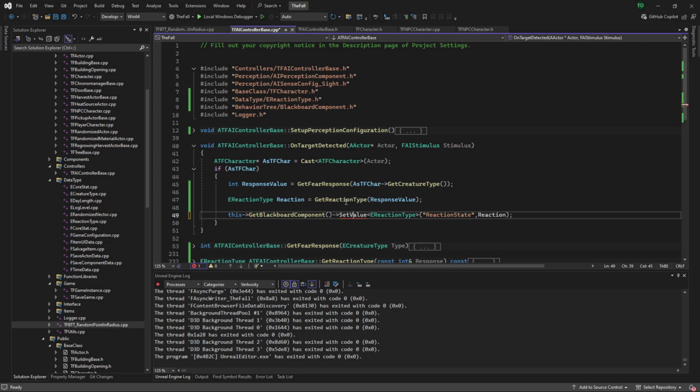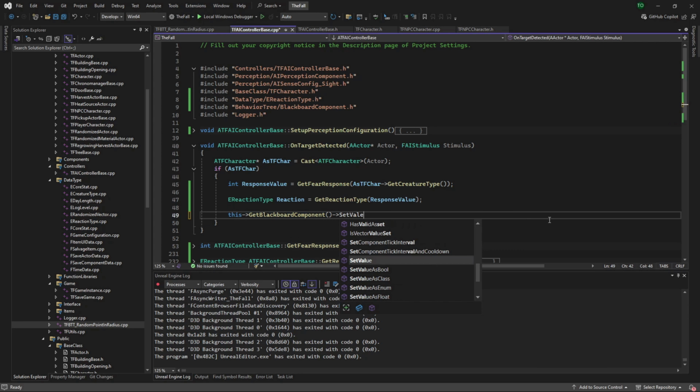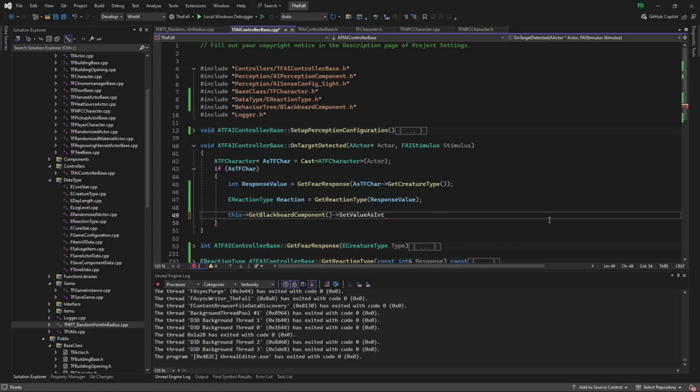I think this is why I had in my notes set it as an int map. Yeah, so this makes sense now. Why I had it as an int map, because moving this to the set value as int, so